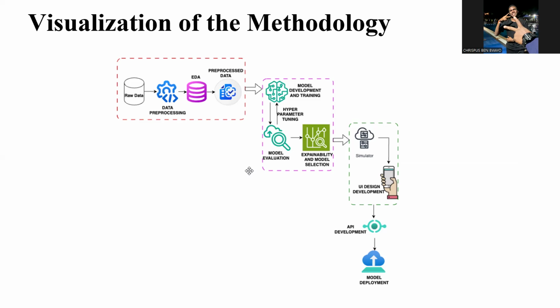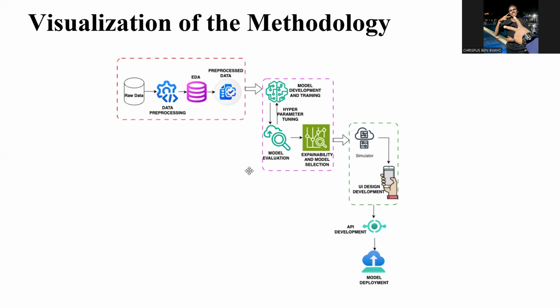Then from that, we went on to do machine learning, predictive modeling, where we developed quite a number of machine learning models. During this process of model development, we implemented the models, went through training, then evaluation, using metrics of mean squared error and root mean squared error. We also wanted to do hyperparameter tuning, after which we wanted to perform explainability. After explainability and understanding the features that contribute greatly to the model output,